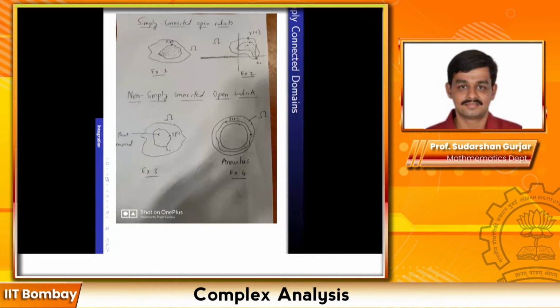And the second example, omega is what I described in the previous slide. Take the complex plane and remove all the negative real numbers, including 0. That is my omega. This open set, which we have discussed in the previous lectures as well, is C minus the non-positive reals. This is omega. Now again, if I take any curve gamma, all points interior to gamma are again going to be inside omega.